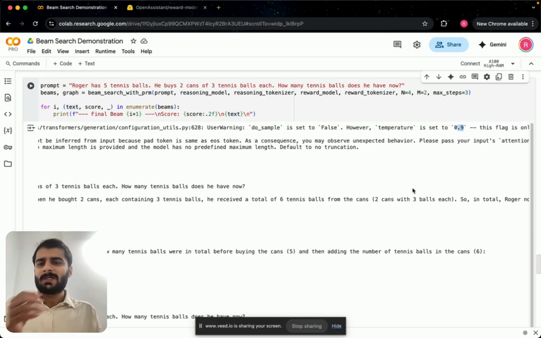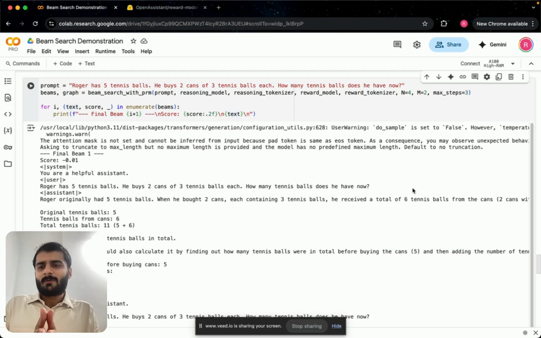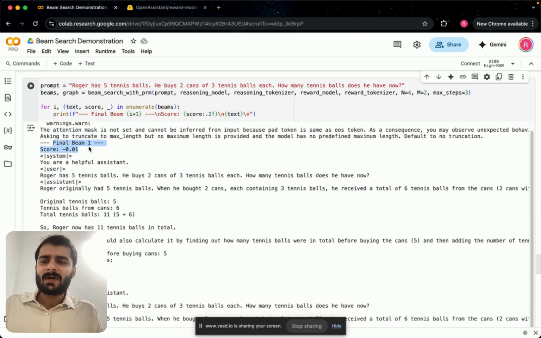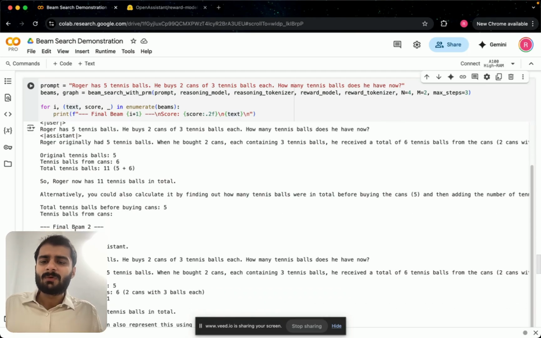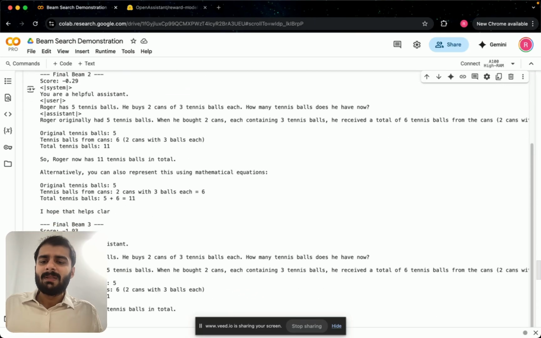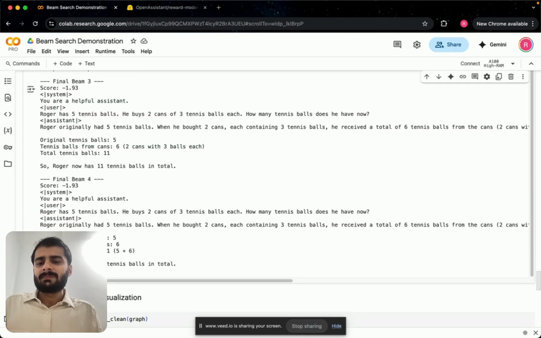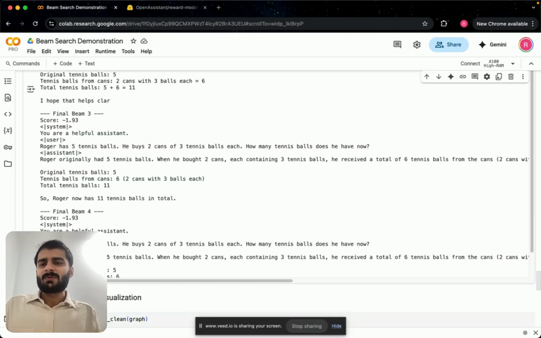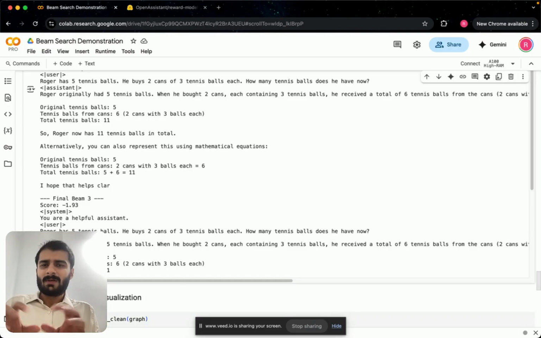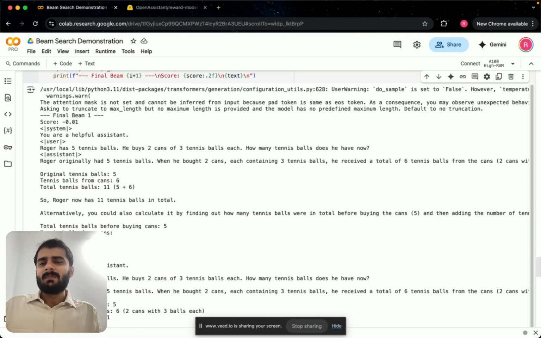Initially I had set it to 0.7, but then I increased it because I wanted to see the variation in the answers which are given by these different beams. So you can see that we have a final beam 1 answer, we have beam 2 answer, we have beam 3 answer, and we have beam 4 answer. And then all of these are actually same. So here we are not able to see that difference essentially,